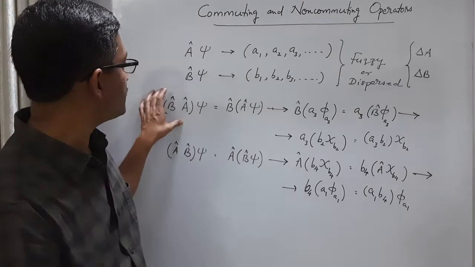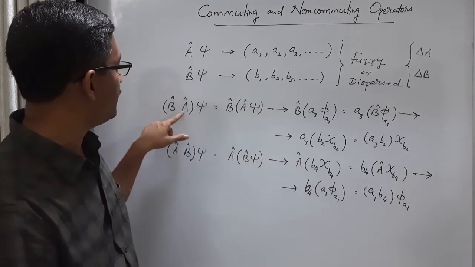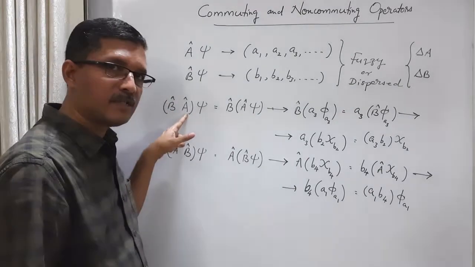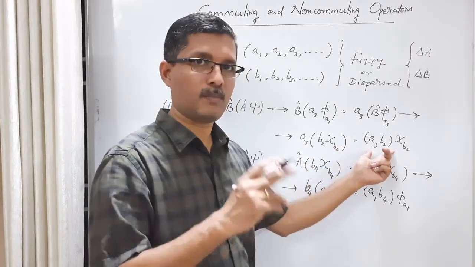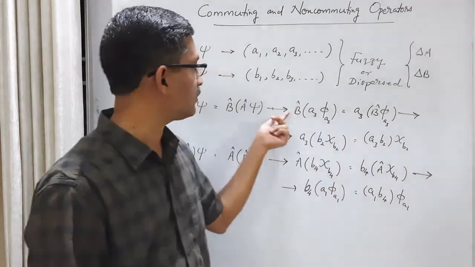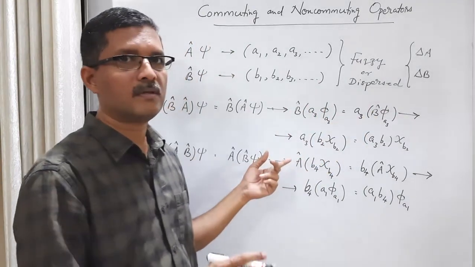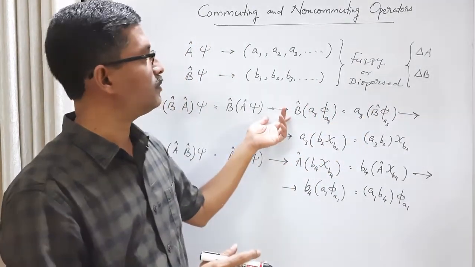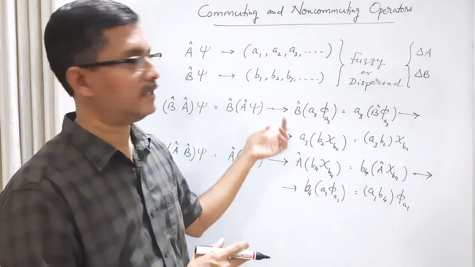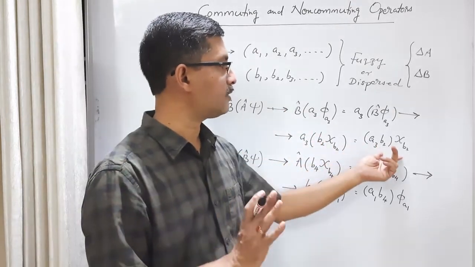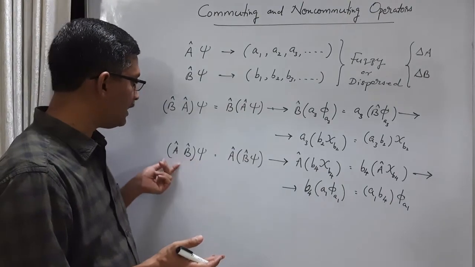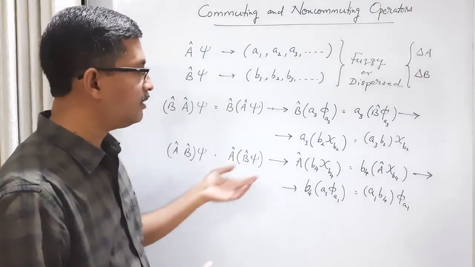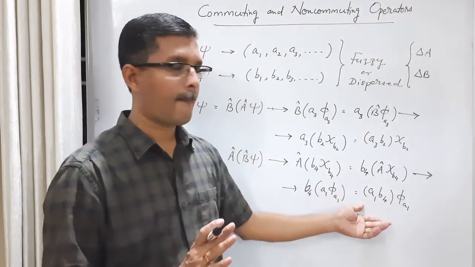In the first case, BA psi, that means when A is measured first and then B, we get this state. This was one possibility, just one possibility, because we considered two collapses. We considered only one possibility of a collapse here and here. So this is one possible result. And when B first acted on psi and then A, when we changed the order, this is one possibility.